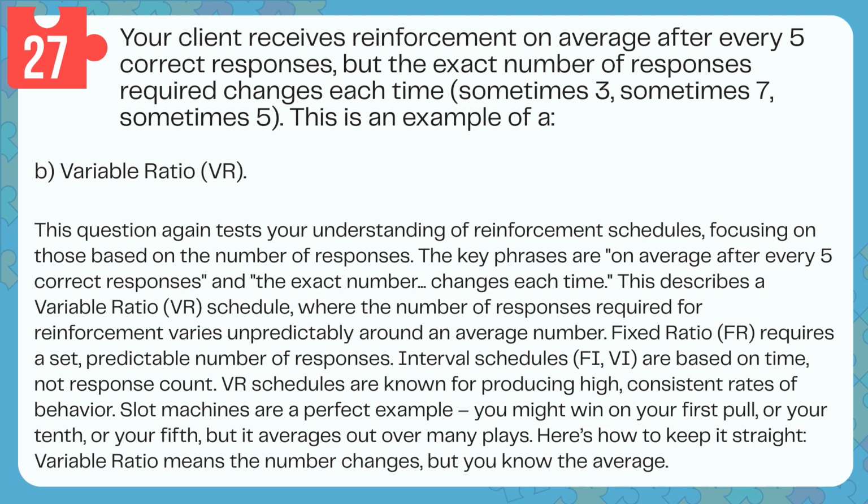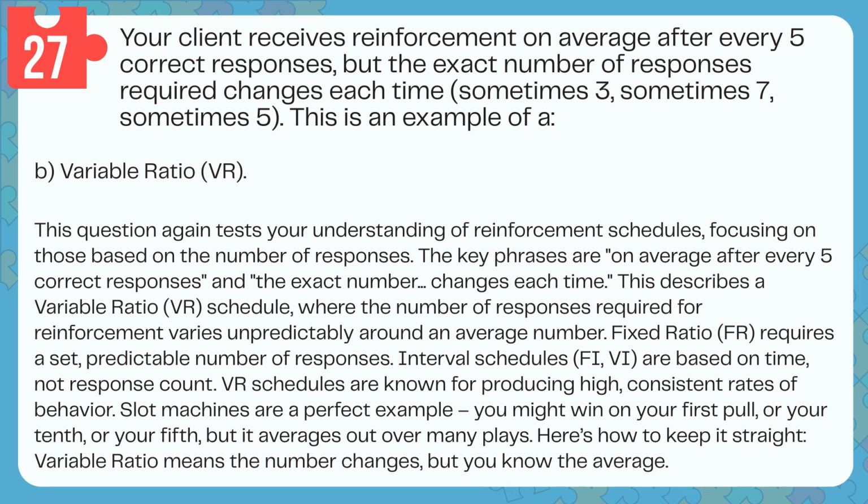Answer. B. Variable ratio, VR. This question again tests your understanding of reinforcement schedules, focusing on those based on the number of responses. The key phrases are "on average after every 5 correct responses," and "the exact number changes each time." This describes a variable ratio, VR, schedule where the number of responses required for reinforcement varies unpredictably around an average